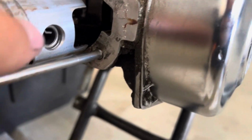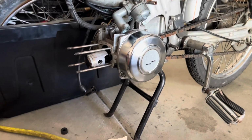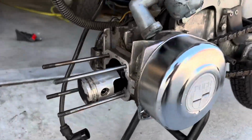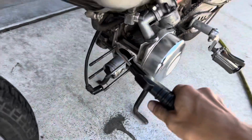I was removing this base gasket to put a new one, and when I did so, water was actually pouring out. So in here, it's actually full of water, and you can see that it poured out. So kind of see it right there, that water line. So I'm going to take this bike outside and blow some compressed air in there and just clear that all out. A lot of this water has dripped out while moving it out from the garage, but as you can see, it is pouring out. So let's get some compressed air and just